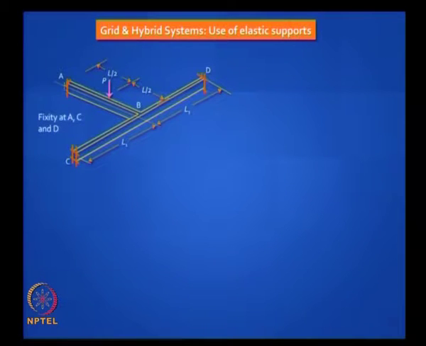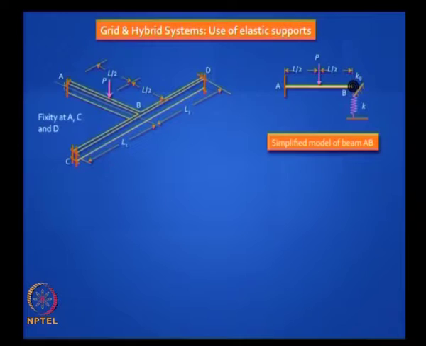Now take a look at this, it is a little complicated, we will study this in grids later, but you can always try to separate out elements, but you must put the right restraints when you separate them out. For example, if I want to separate out that cantilever AB, what should I put at B to simulate the effect of the connecting beams CBD? One spring? Rotational spring. Yeah, so you need to put two springs, a rotational spring and a translational spring, and